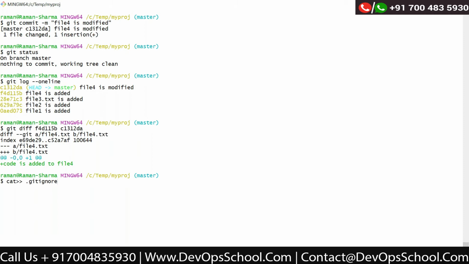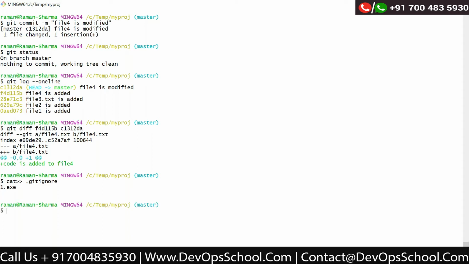This file will ignore the files for the git repository. For example, if I open .gitignore and write something, say 1.exe file, that is to be ignored.